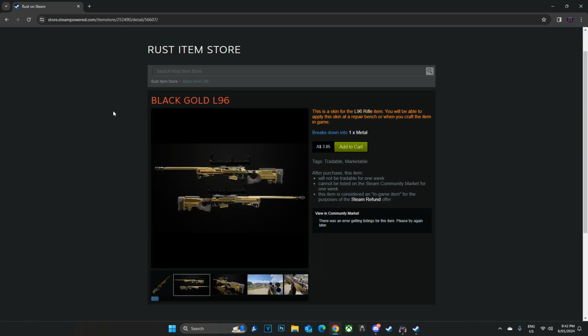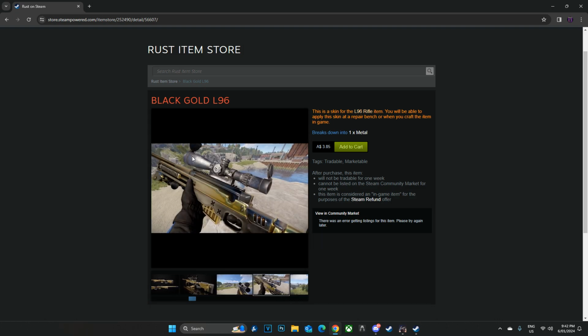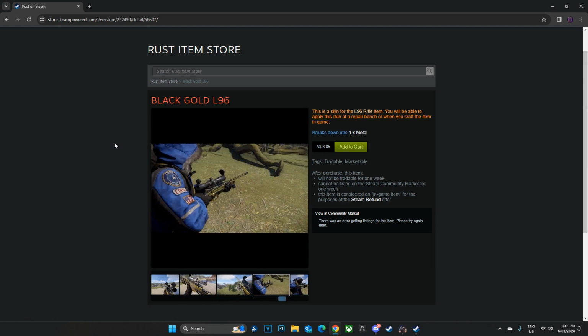We don't really get that many L96 skins in the game that often, so that does make it a little bit easier. Also, the Gold L96 I do think will have a little bit of demand because everyone loves the Gold L96 skins and the gold weapon skins from Black Ops and other COD games. So as a long-term investment, I do think the Black Gold L96 can make you money, but it's currently $3.85,